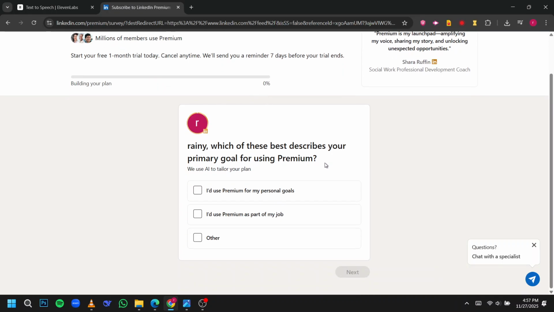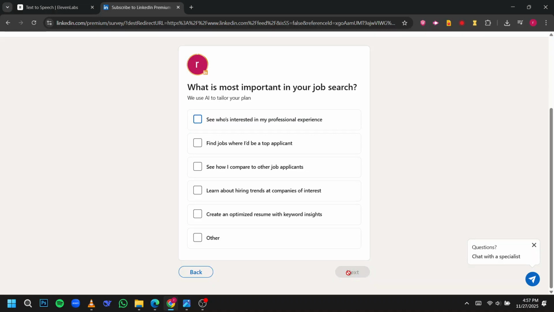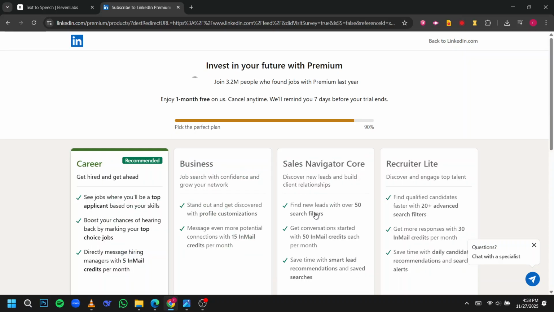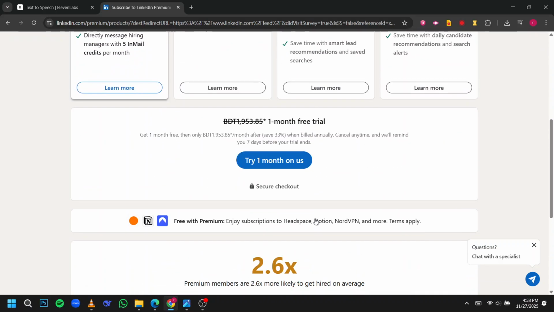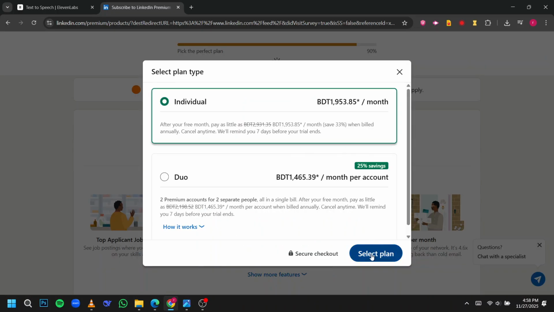You'll usually see an offer for a 1-month free trial of LinkedIn Premium. Just select the type of premium you want, like personal or career, and click next. From there, you'll need to fill out the required information, like your payment details. Don't worry, you won't be charged if you cancel before the trial ends. Make sure to double check your payment method and billing address so there are no issues activating the trial. This step just activates the free trial, and once it's set up, you can start exploring all the premium features